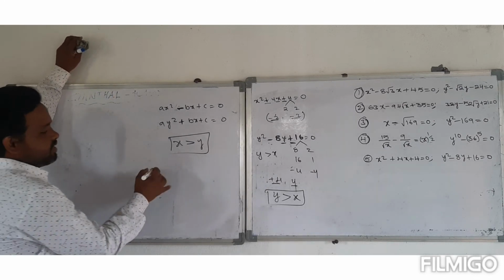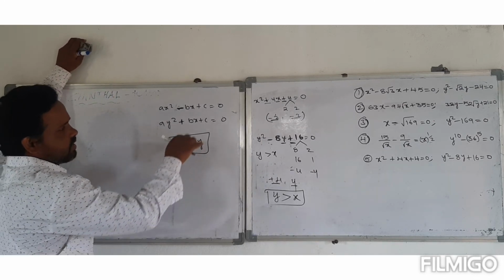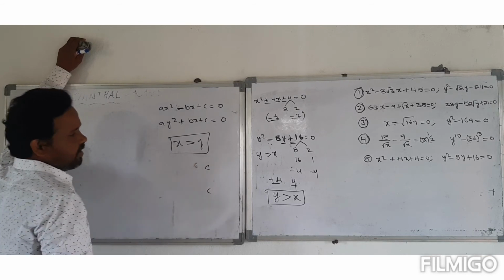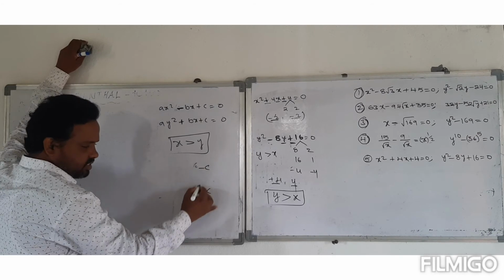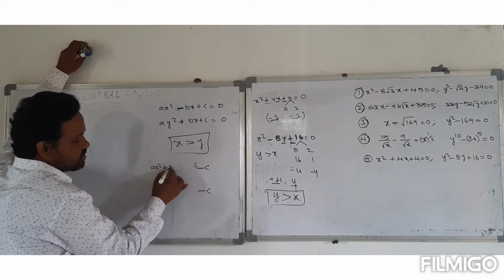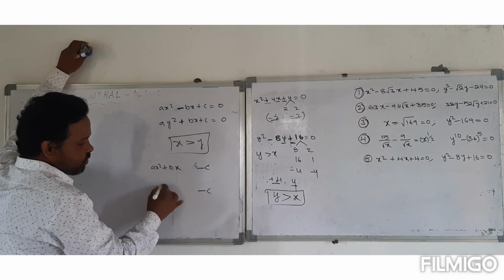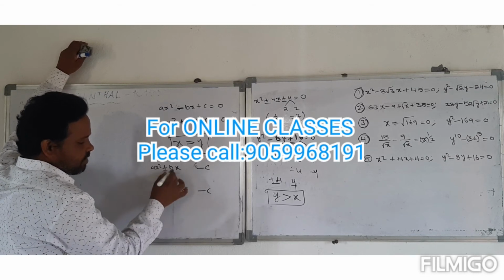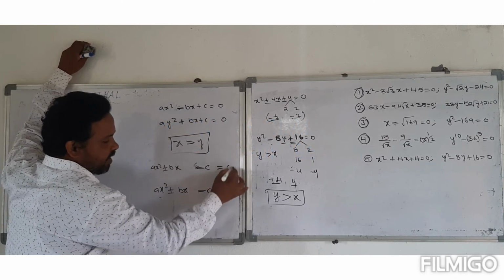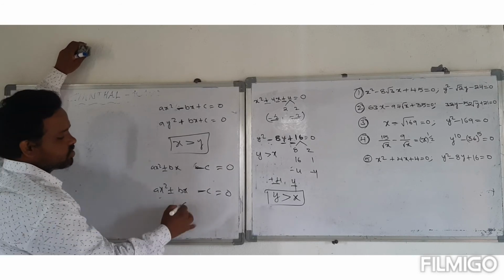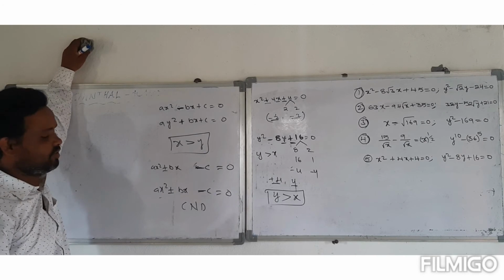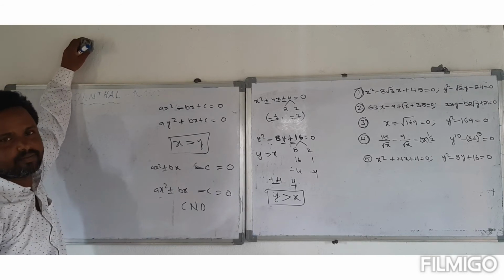Suppose in case, whatever the case, if the c value of the given two equations is minus and minus, in ax square plus bx minus c, ax square plus bx plus or minus, whatever it is, in this case minus c and minus c is there. The relation cannot be established. Cannot be determined. Okay, guys.